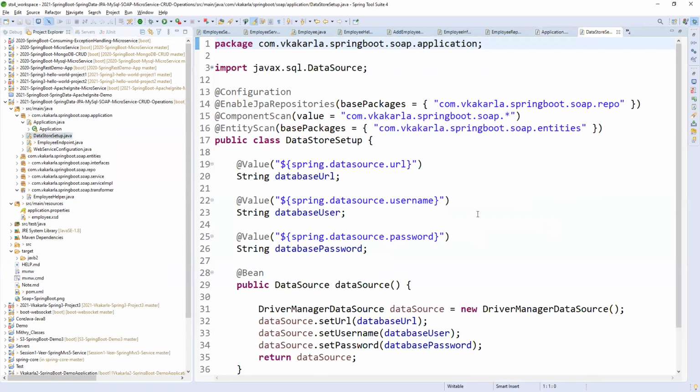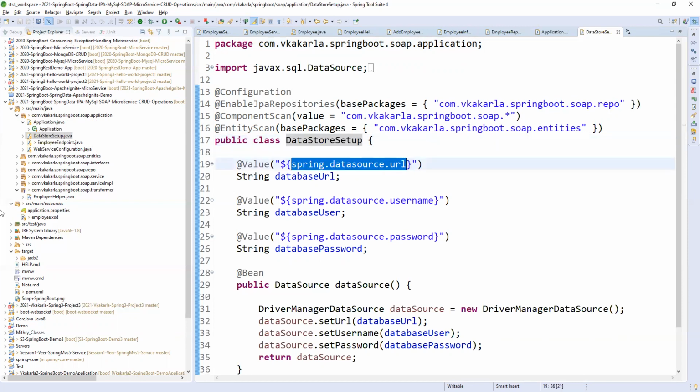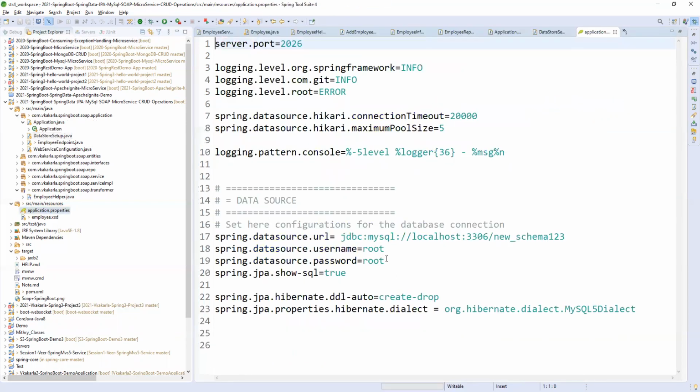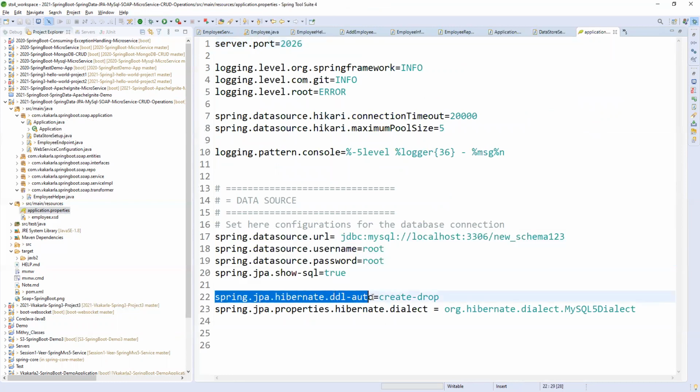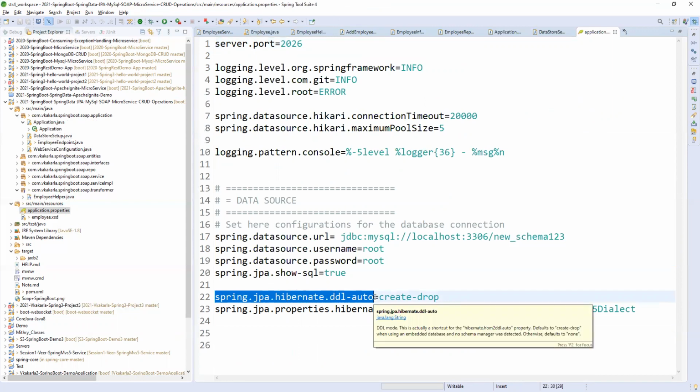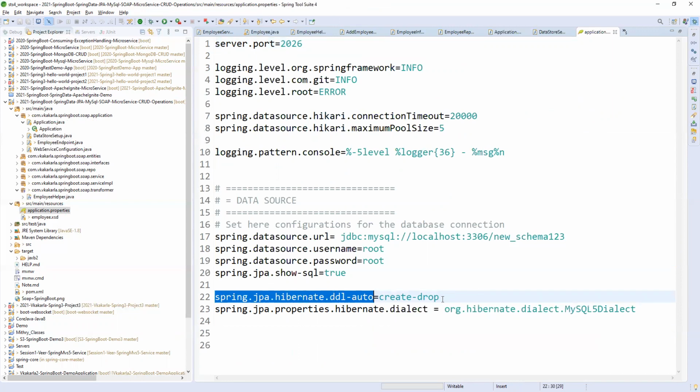So coming to data store setup. So whenever you are working with database, the data store setup should be like this. So we need to load this repository and we need to component scan, all the data will be available here, and we need to do the entities also here. By taking these properties from the properties file, whatever properties related to database we are giving, here I'm giving a Spring Data Hibernate DDL auto create. So whenever we are running an application, automatically it will create a table and automatically delete based on the repositories what we are giving.